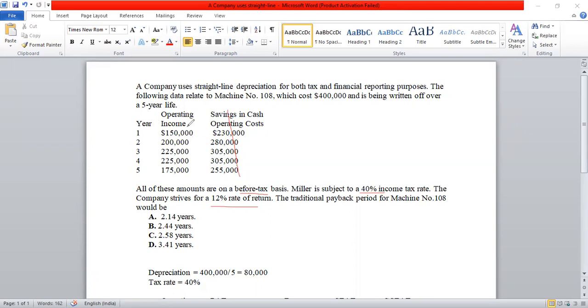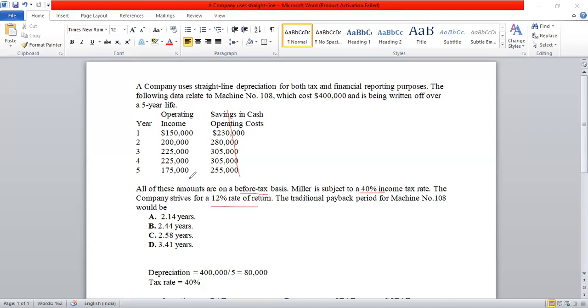Then it is also mentioned that this operating income is before tax, the tax amount is not yet paid. The tax rate is given as 40%, and the company strives for a 12% rate of return. Now, before we come to the 12% rate of return, what we understand here is that profit before tax is provided to us. See, there are 5 capital budgeting techniques. Out of these 5 techniques, only one technique, which is ARR, uses profit after tax. All the other 4 techniques use cash flow after tax